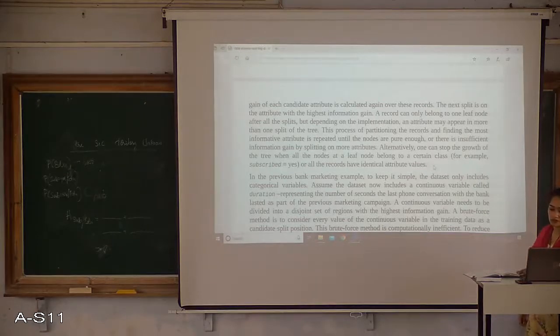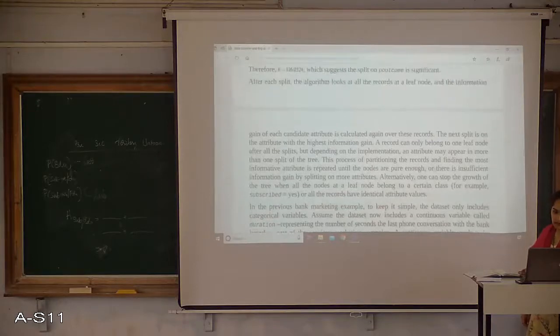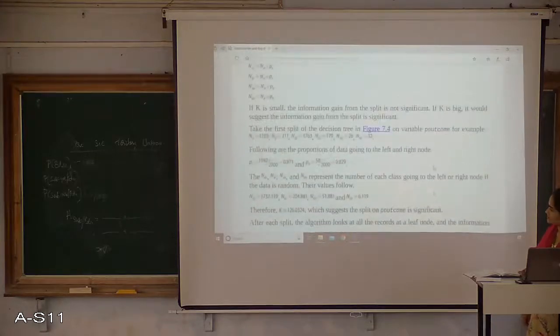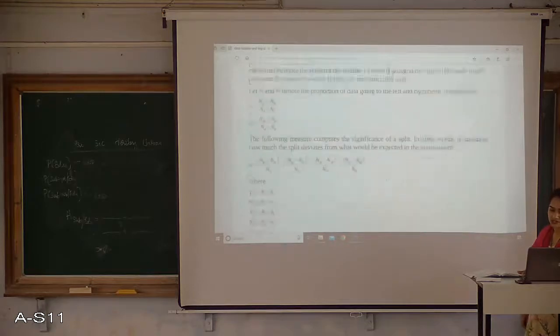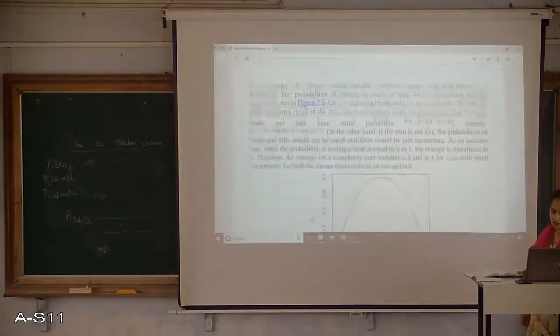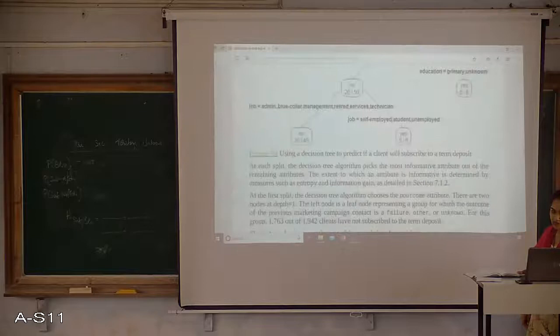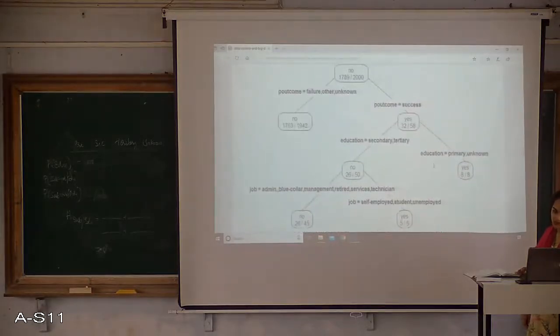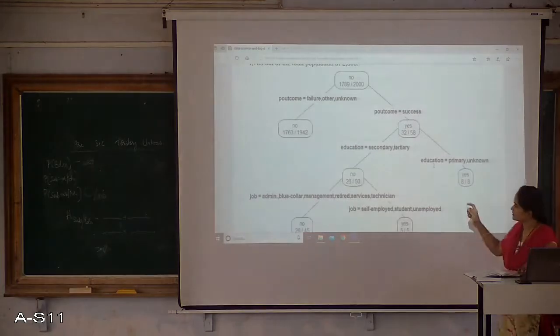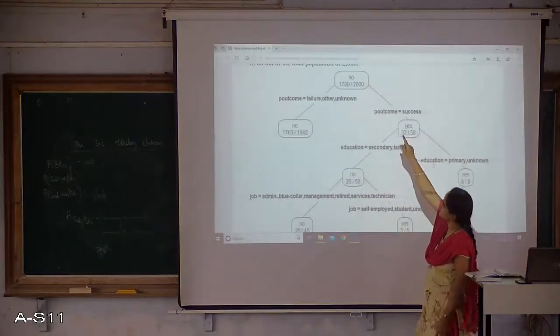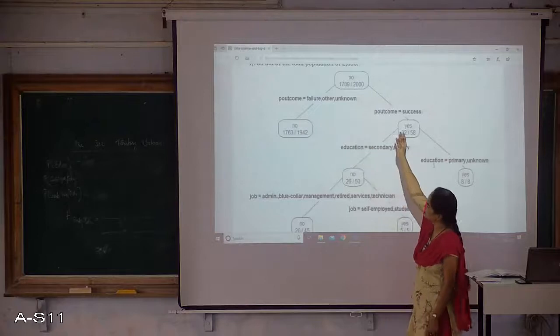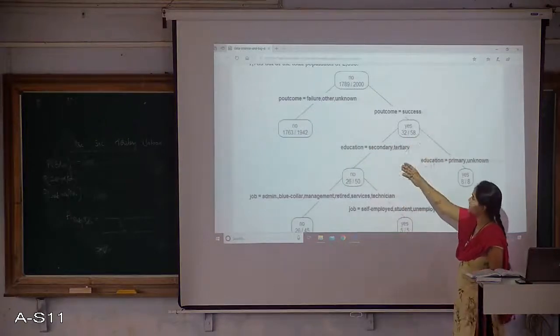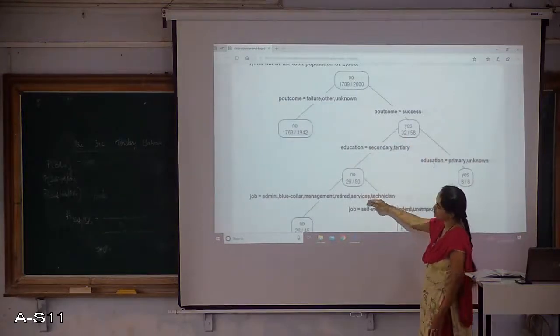Here, in this particular example, we got a tree structure like this. Again I am referring to the tree structure because I am going to use it for one more modification. Let's have a proper look. First one is the root node. I decided P outcome as the next level, then education as the next level, then job as the next level.